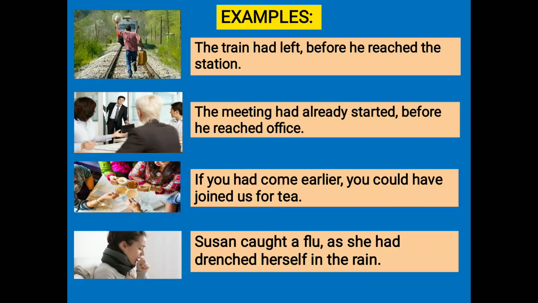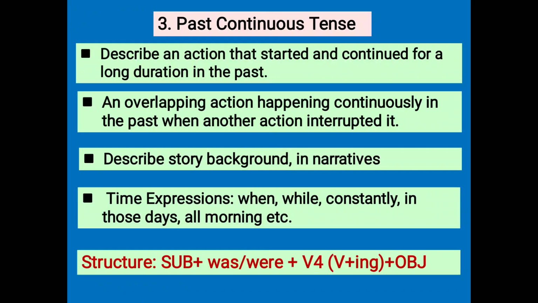Now, without much delay, let us move on to the third past tense form, that is past continuous tense. Where can we use past continuous tense? We can use past continuous tense in order to describe an action that started and continued for a long duration in the past, in order to show that a particular action was continuing for a long period of time. Okay, it had started in the past and it continued for a long period of time. In order to suggest this kind of expression, we use